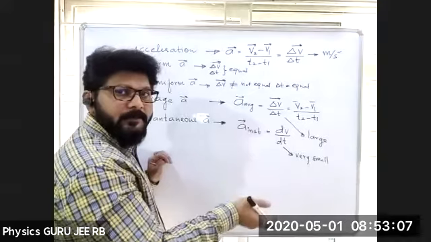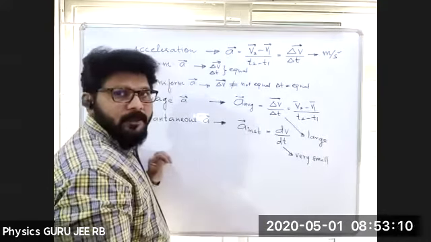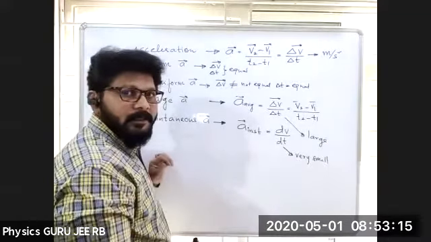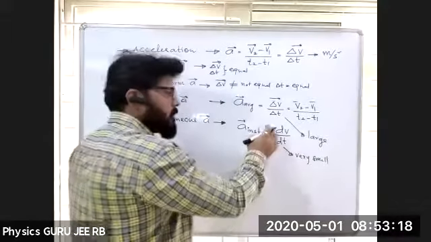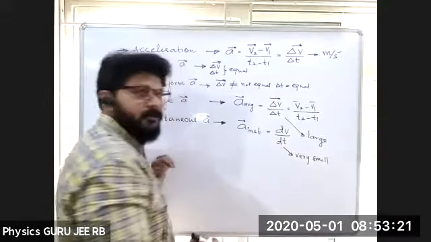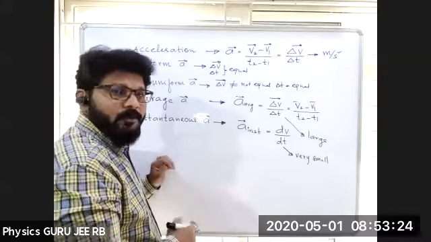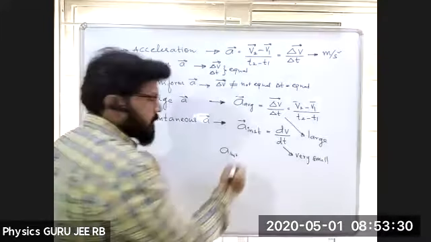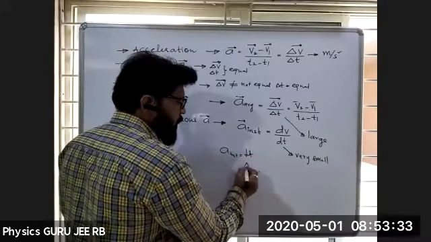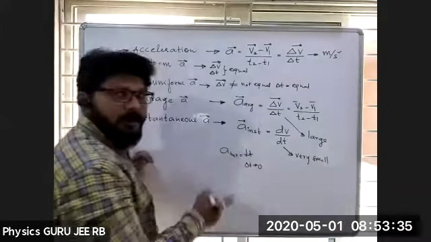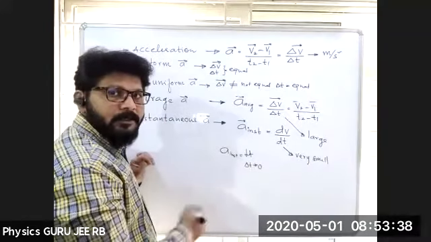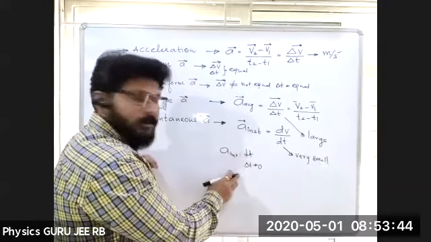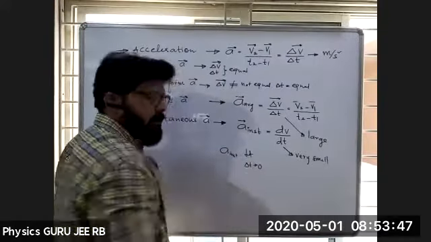So the instantaneous definition: the acceleration of a body at any instant of time is called instantaneous acceleration. That is, dv is very, very small and dt is also very, very small. Mathematically, instantaneous acceleration can be represented as limit delta T tending to 0. Tending to 0 means it is not equal to 0, but approximately going towards 0, very, very small. This is a mathematical terminology, so nothing to worry about it.